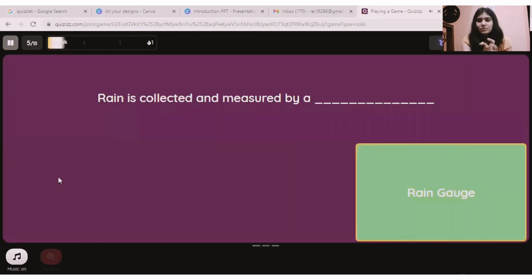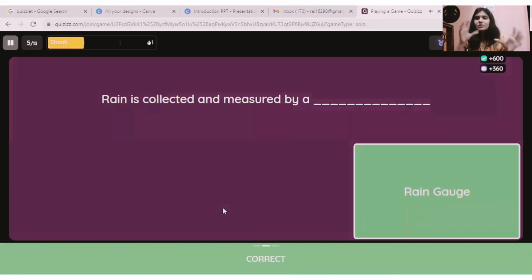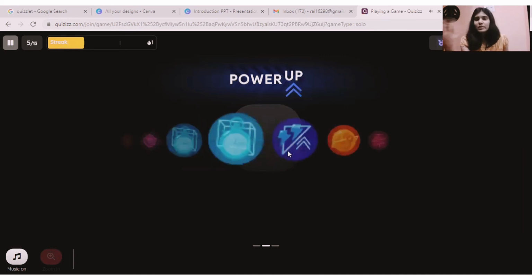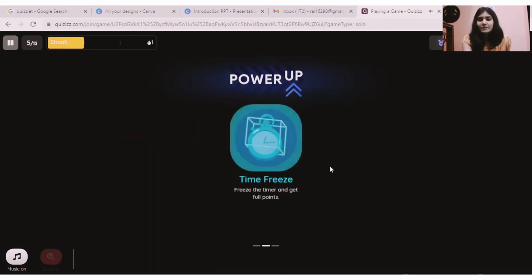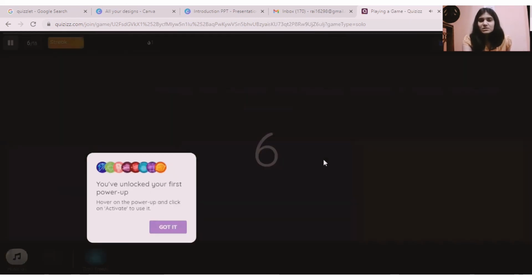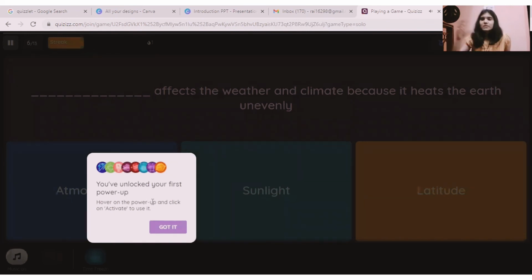I'll just click on this, and you will see these are the things that make the students more interested in the thing. These are added options. You've unlocked your first hour. These things make the child stay also.